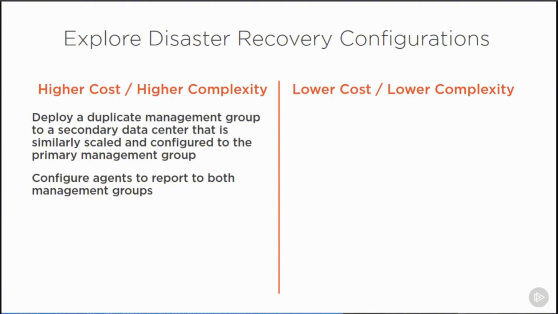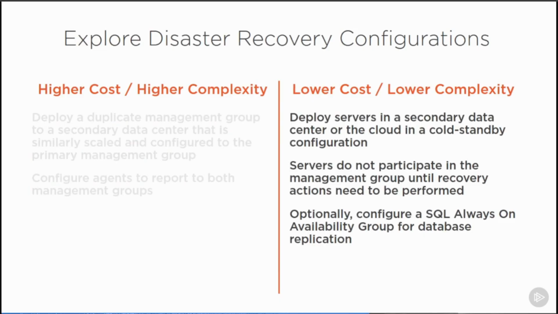They're already pointed to that secondary location. So this is the higher cost and higher complexity configuration because you do have to have an entire mirrored second copy of the Ops Manager infrastructure for this to work. On the lower cost and lower complexity side, there are some options in terms of how you might implement this